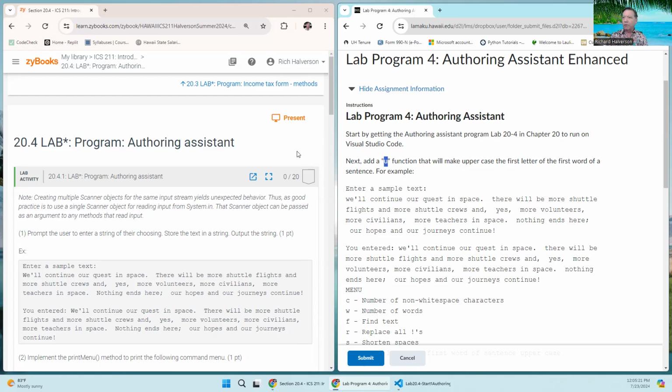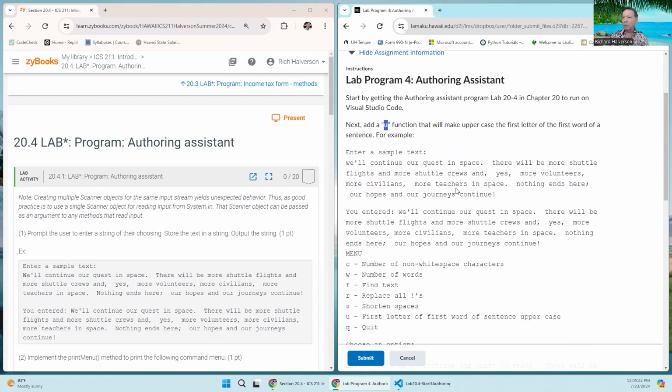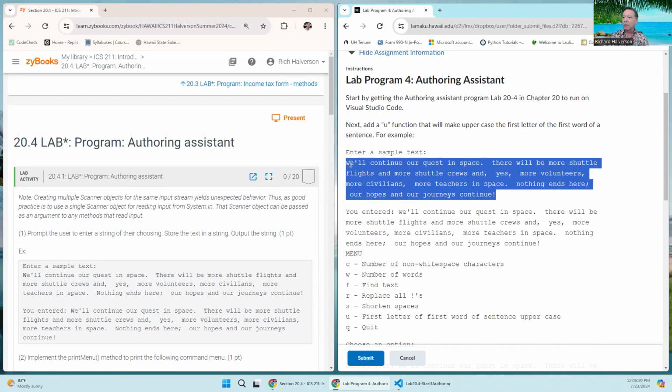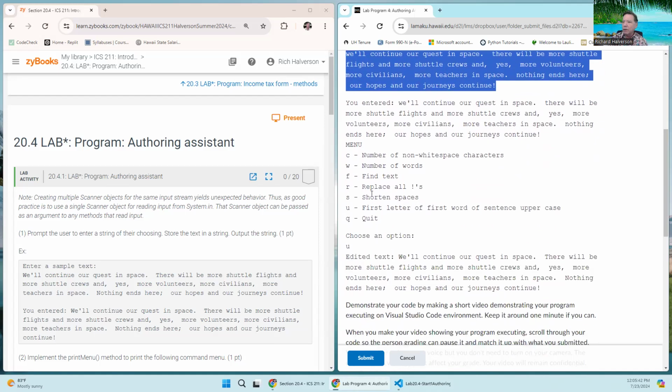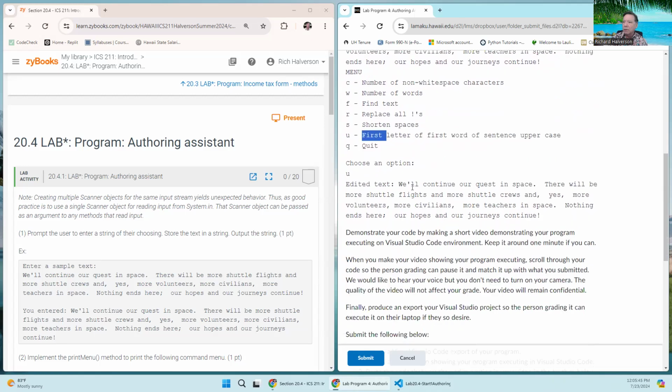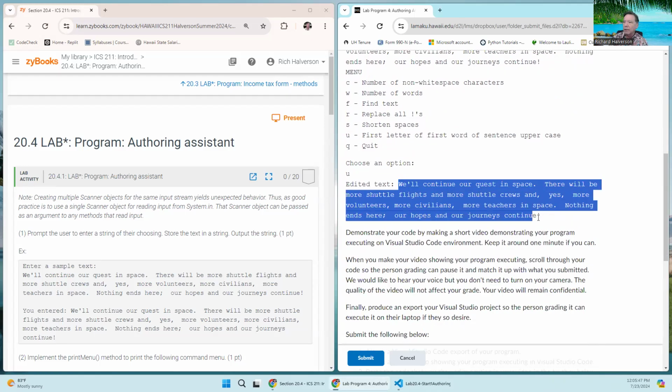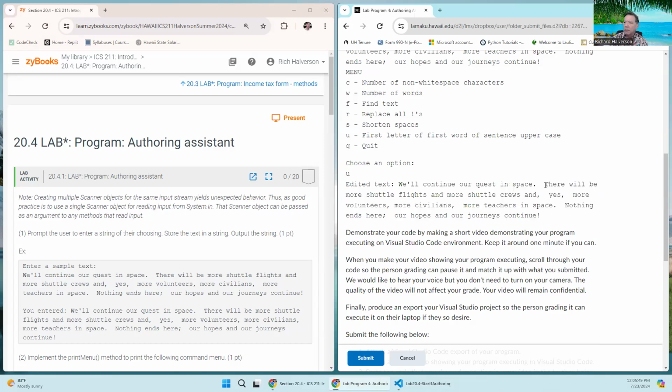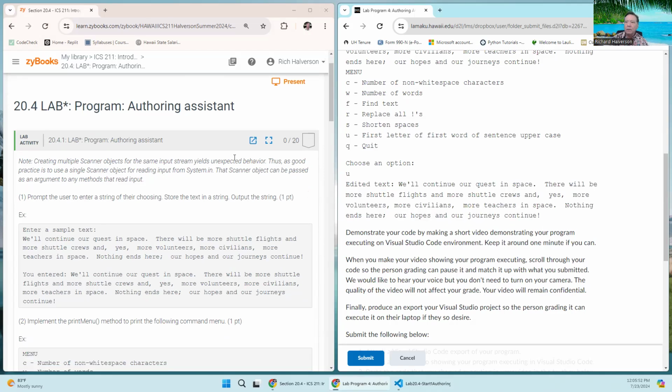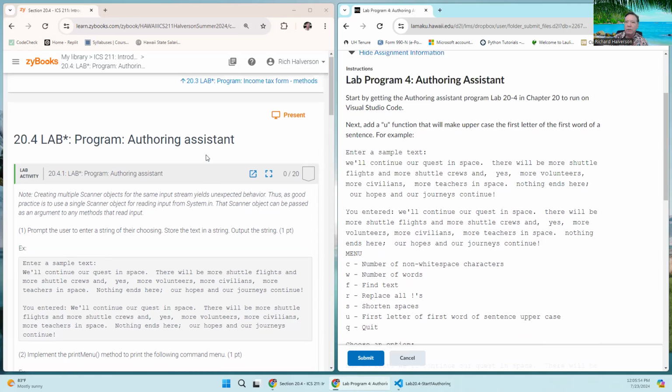Okay, so first of all, let me just show you here. If the text you're working on looks like this, you notice that the first word of the sentences are not capitalized. And so what this function will do is correct that. All right, so this will make more sense after we go over lab